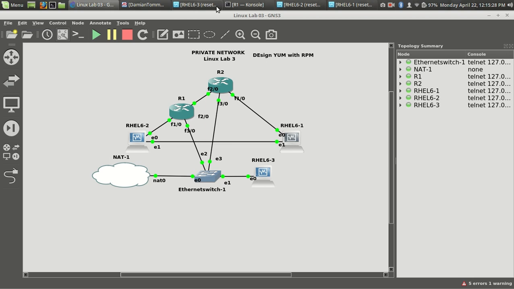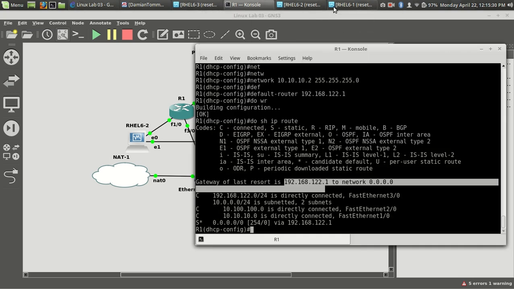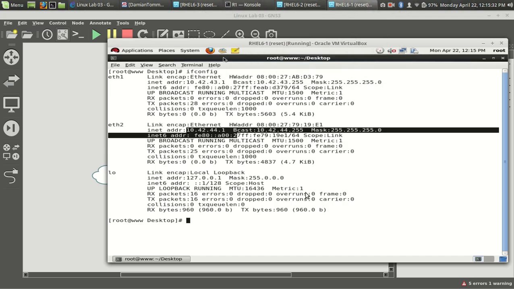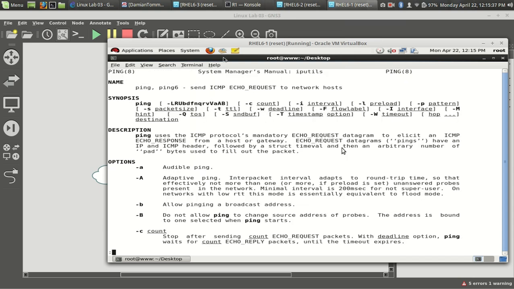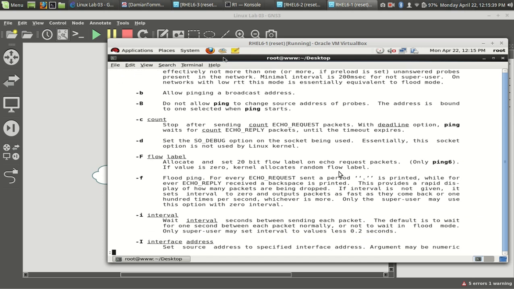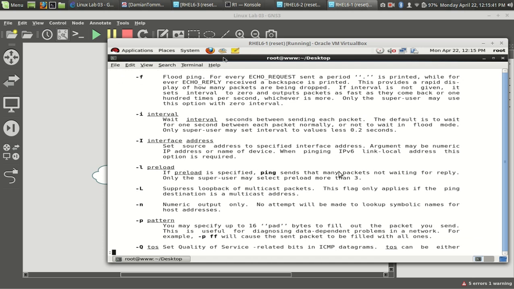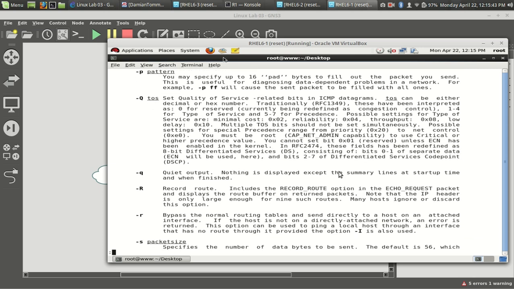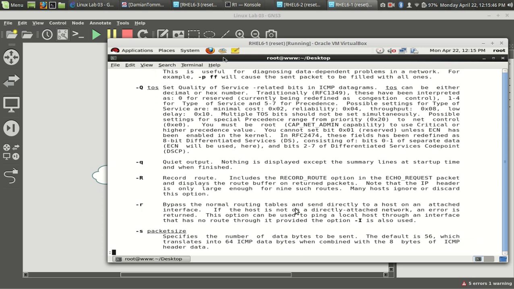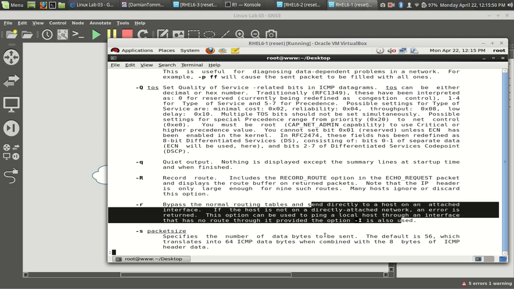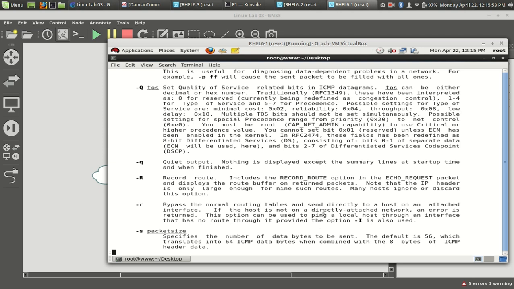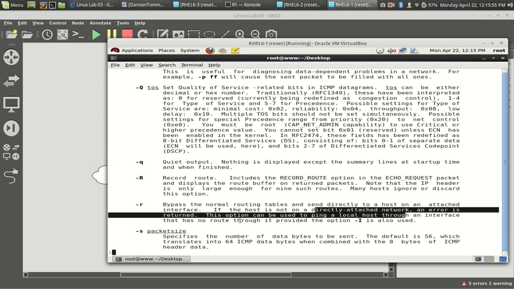If you want to check the routing table of a DHCP service, in this manual Linux wrote, if you want to bypass the normal routing table that sends directly to a host on the attached interface, if the host is not a directly connected network, error must be returned. These options can be used to ping a local host through the interface. That means